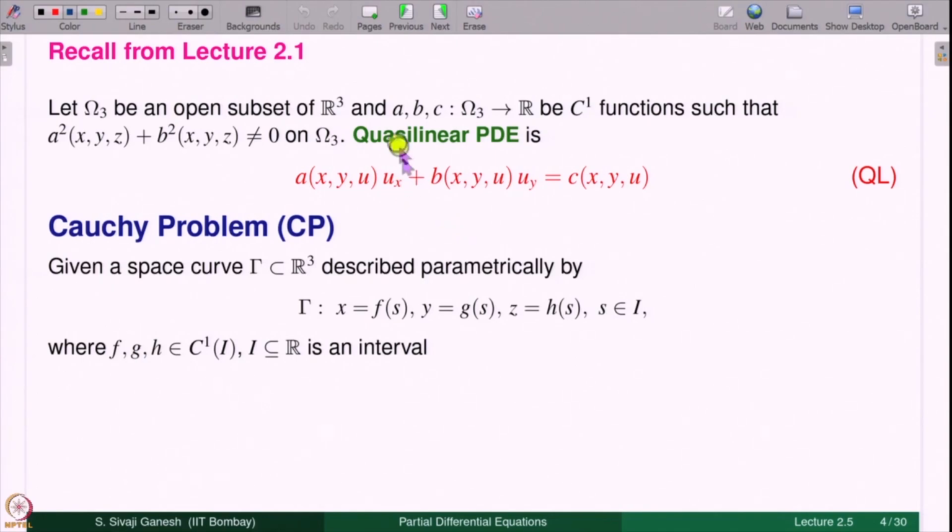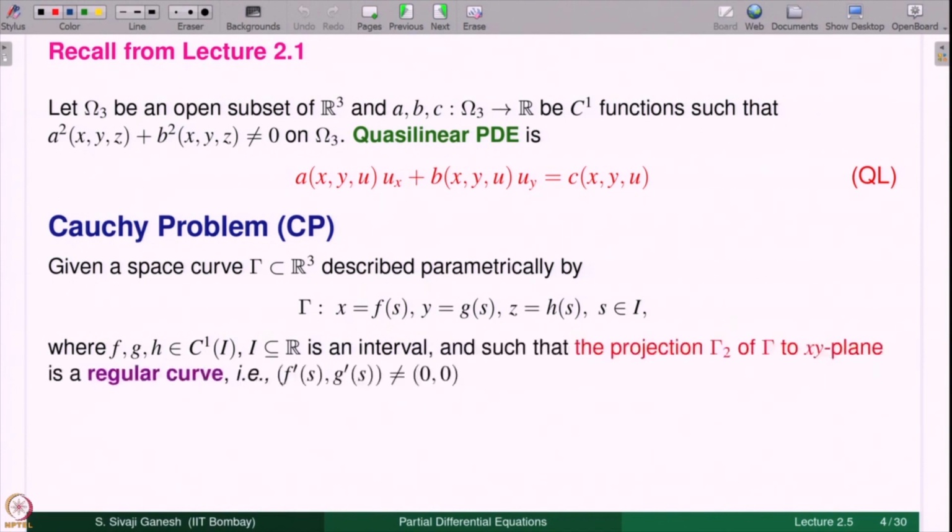Here we are given a space curve gamma, which is typically given in a parametric version, where the x component is given by f(s), y is g(s), z is h(s), as s varies in an interval I in R, and the functions f, g, h are C1 functions on the interval. This is given. So, what is the Cauchy problem? It is to find a solution of the quasi-linear equation,